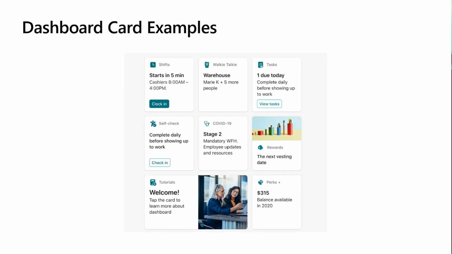And so these are just some examples. Closing out the topic of dashboard cards, you can see the mix of the heading with image, the heading, and the heading and description. So I have that mix of card types. You can see under tutorials, that's where my interaction would be, where the entire card is clickable. And then you can see I have the primary button for clock in, so I'm completing a task.